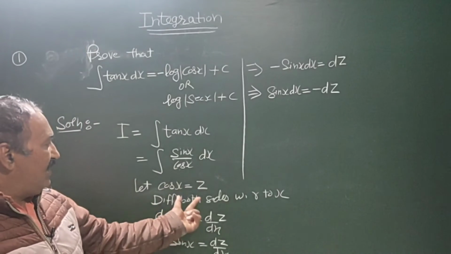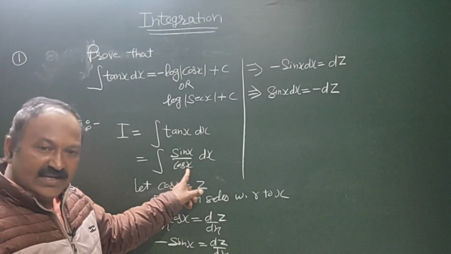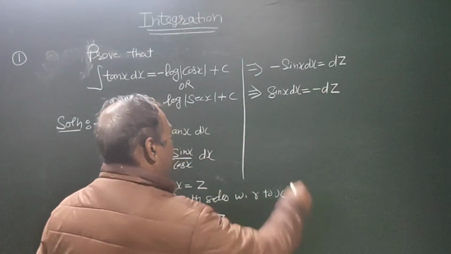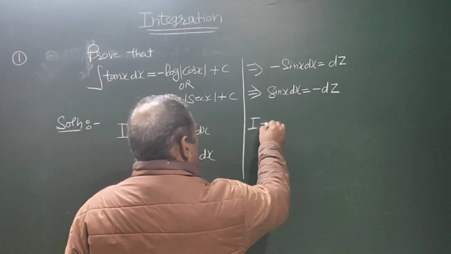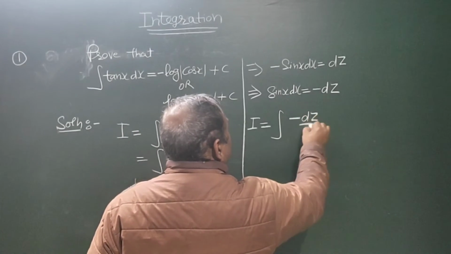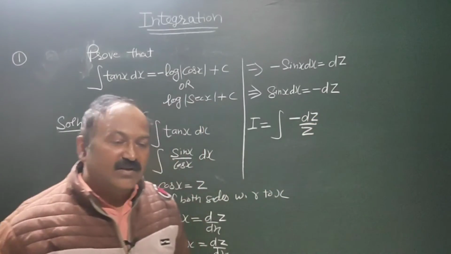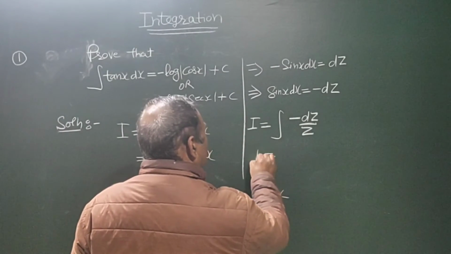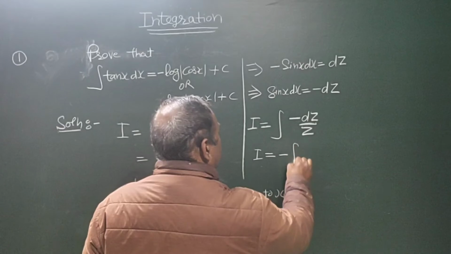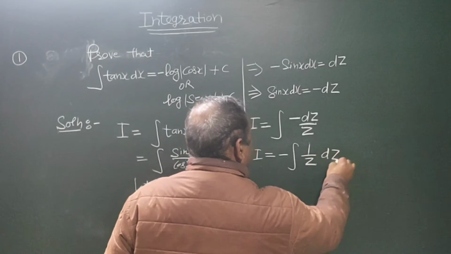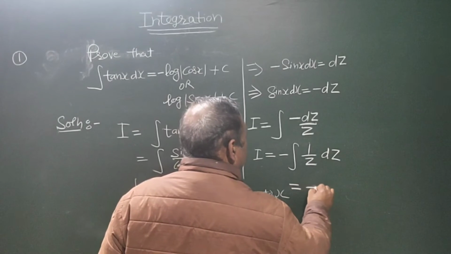Hence, we can put cos x as z and sin x dx as minus dz. This question becomes I is equal to minus dz upon z. Taking minus 1 outside, we get 1 by z into dz, and that is equal to